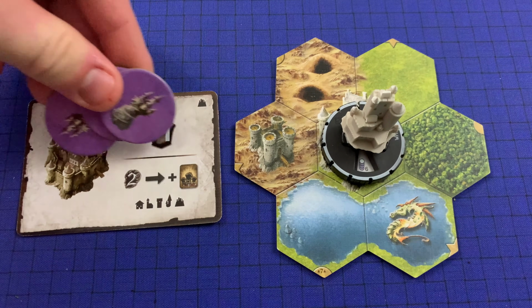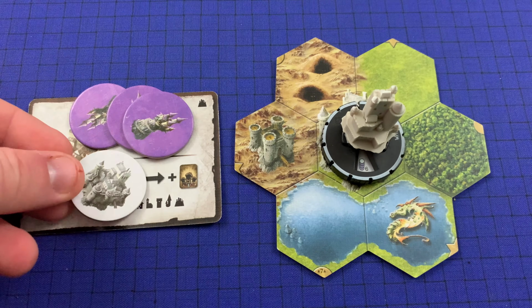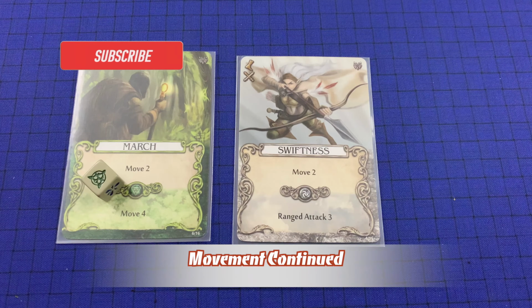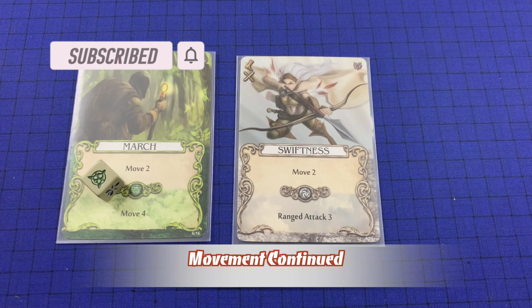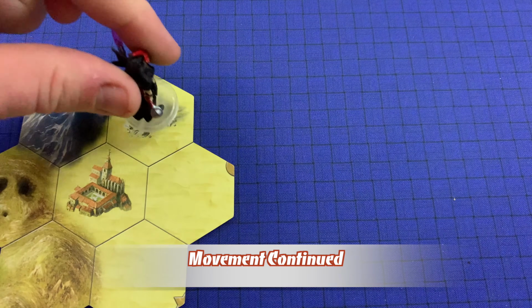In this case, 3 purple and 1 white. And these are the enemies that players place on the city card that they will be facing to conquer the city. During movement, the player may move as many spaces and explore as many tiles as they can pay move points for. The player is allowed to alternate between moving,